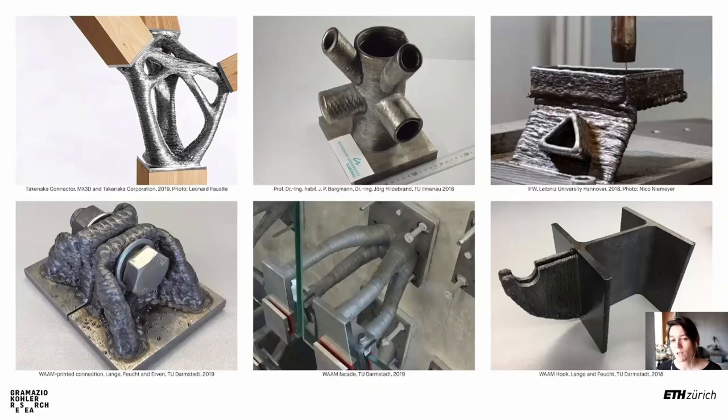In that respect, there is a lot of studies at the moment in WAAM. So exploring this approach, building basically prefabricated components or prefabricated connectors that can then be assembled to be part of a larger assembly. We have examples, very high quality examples with continuous printing, most of them. And the latest is also an interesting